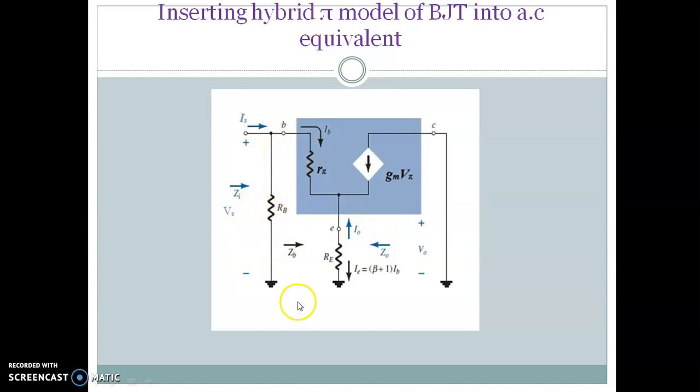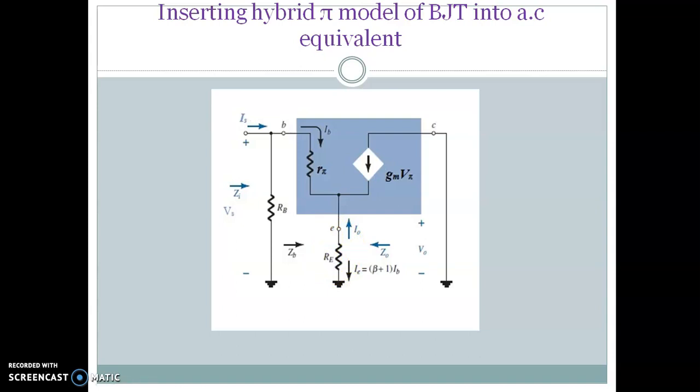Okay. So from the base the impedance seen is ZB. So the input impedance Zi will be equal to RB parallel ZB. So we have to compute what this ZB is. So first we'll compute the input impedance Zi, which is RB parallel ZB. So we'll see what your ZB is. Okay. VS is the input signal. So it gets dropped across your r pi as V pi and it gets dropped across your RE.